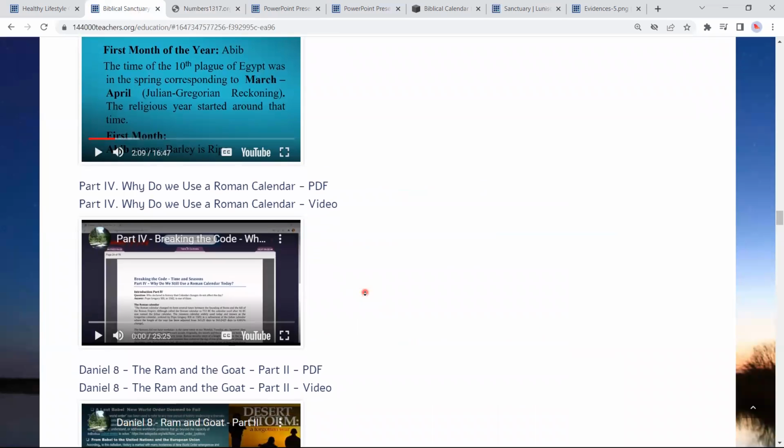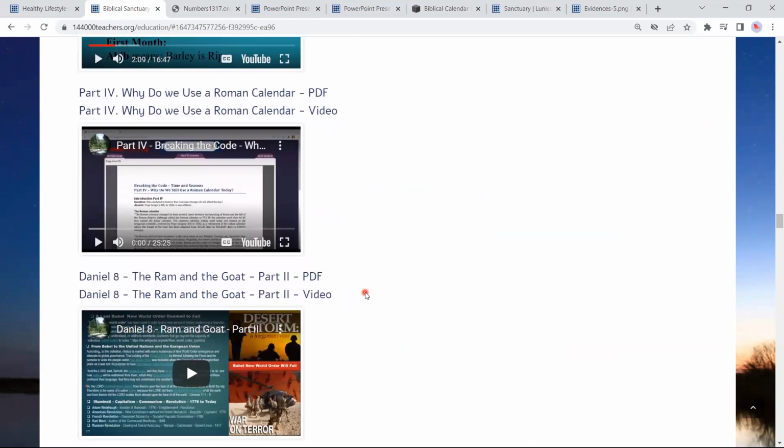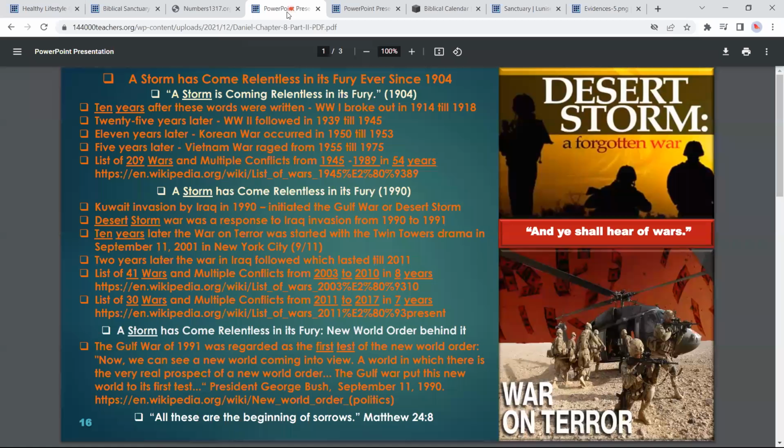As we enter now the section for the prophecy, continuing with Daniel chapter 8, the ram and the goat, part 2, we have the PDF section this time to show you what we will bring you into. And this is the application of Matthew 24. All these are the beginning of sorrows. When it talks about wars and rumors of wars, this is where the Lord wants us to understand where we are today. And a storm is coming, relentless in its fury,